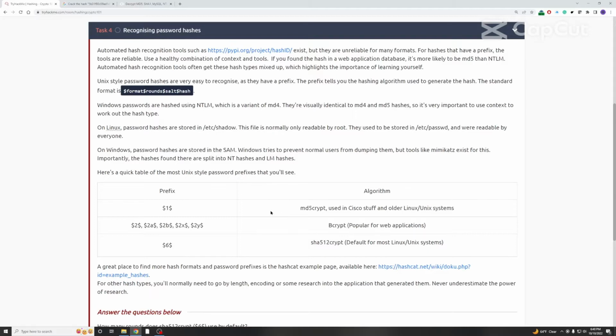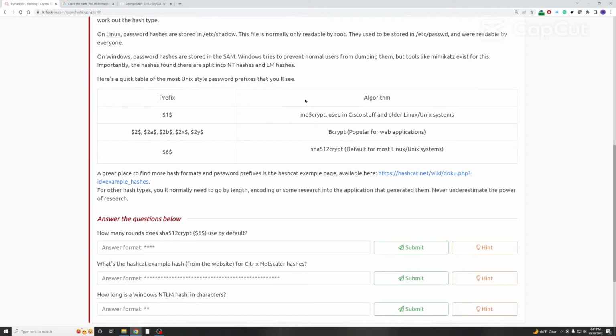Here's a quick table of the most Unix-style password prefixes that you will see. Take a look here. We have the prefix and we have the algorithm. A great place to find more hash formats and password prefixes is the Hashcat example page available here. For other hash types, you'll normally need to go by length, encoding, or some research into the application that generated them. Never underestimate the power of research. Okay,